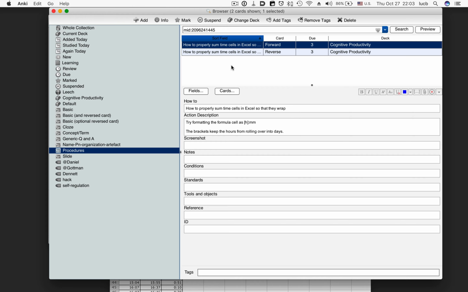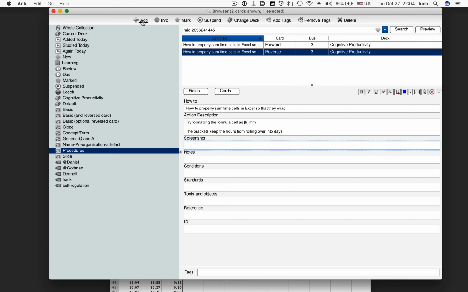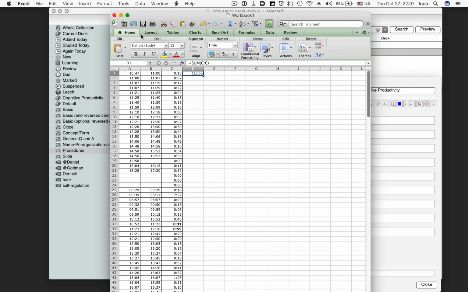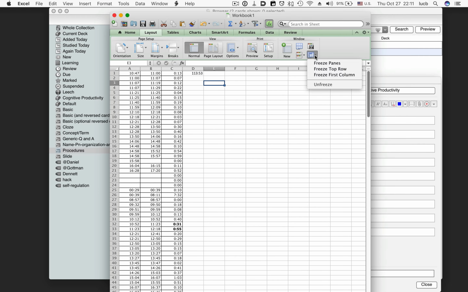And if you want to see all your procedures, you can click here in the sidebar, and there's all your procedures. Let me illustrate this procedure type with another question that uses a graphic: freeze rows. If you don't use freeze rows very often, you might forget how to do it. So what you could do is take a screenshot of where the particular button lies. So this is under Layout, Window. You can take a screenshot like this,